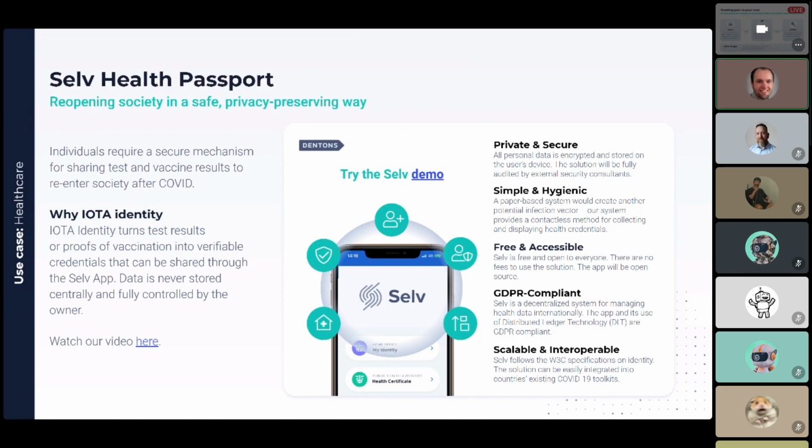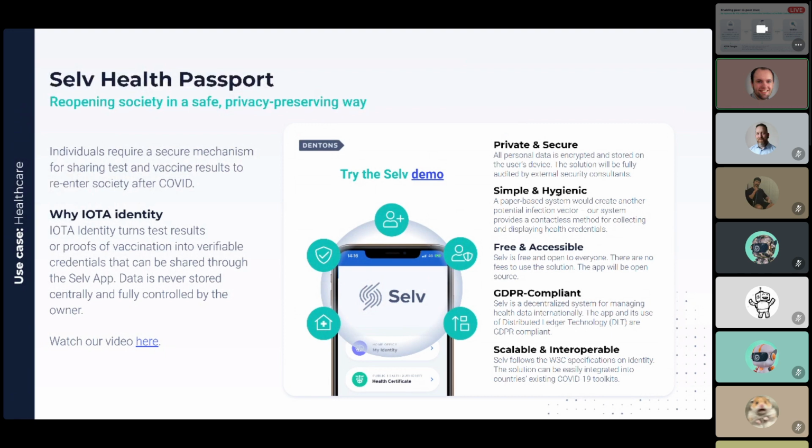We already built this in April of 2020, like at the start of the COVID, the first COVID scare, I guess. And what we try to do is build this health passport with the best privacy and security that you could think of, because we saw this coming and we thought, well, if this needs to happen, we might as well make sure that it is done with a very privacy friendly and secure solution.